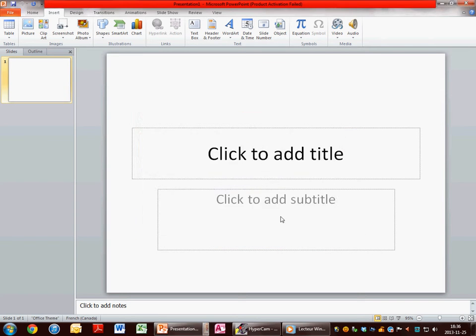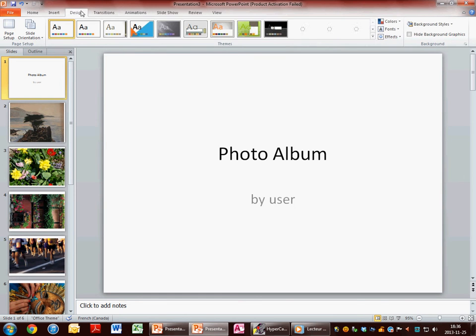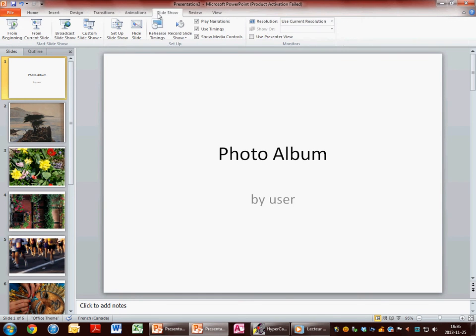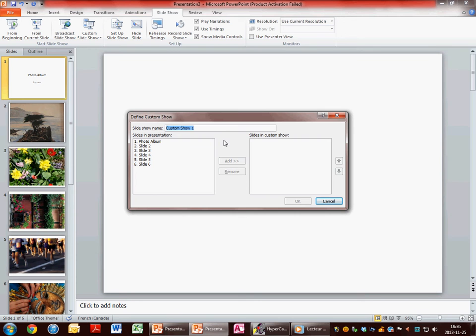All right, create, and then once you have a photo album, you can go to Slide Show, sorry, not Design, and then you click on Custom Slide Show, Custom Shows, and then you can create a new slideshow where you decide which slides are more important than others, and you can customize your own show on PowerPoint.